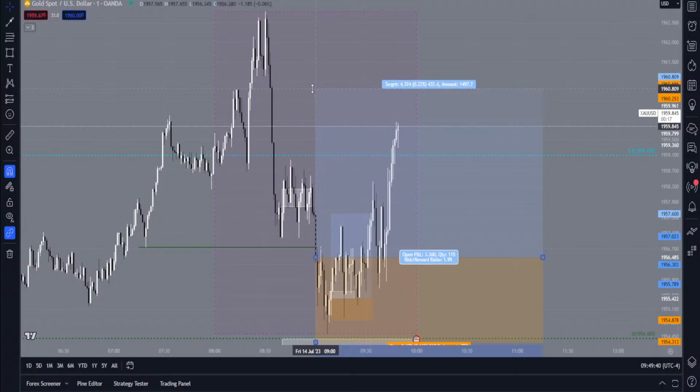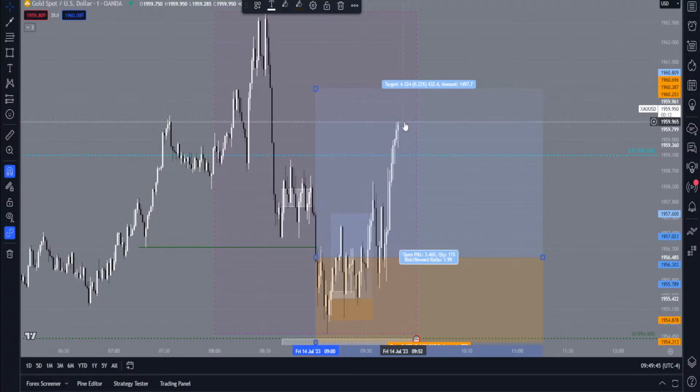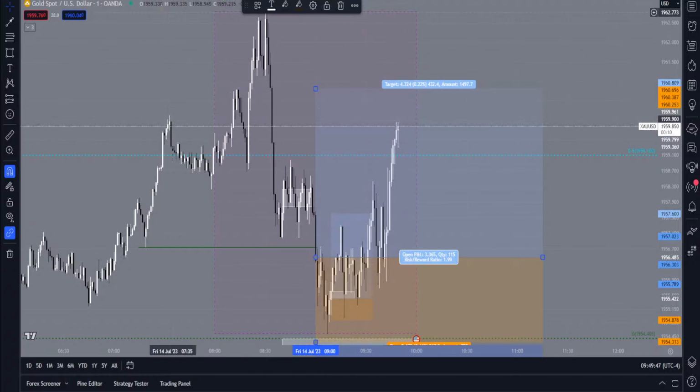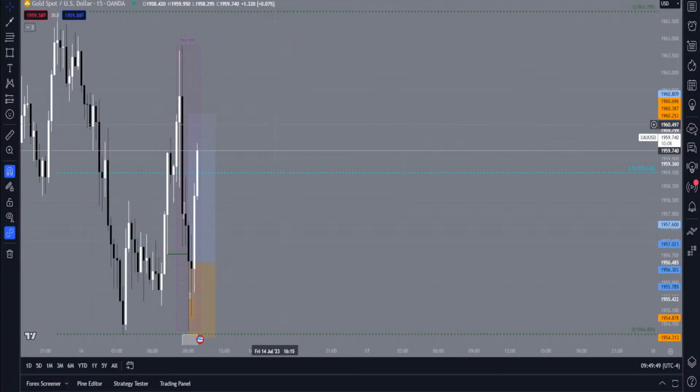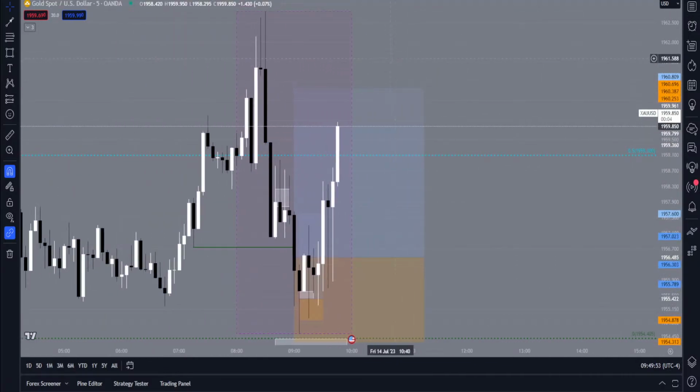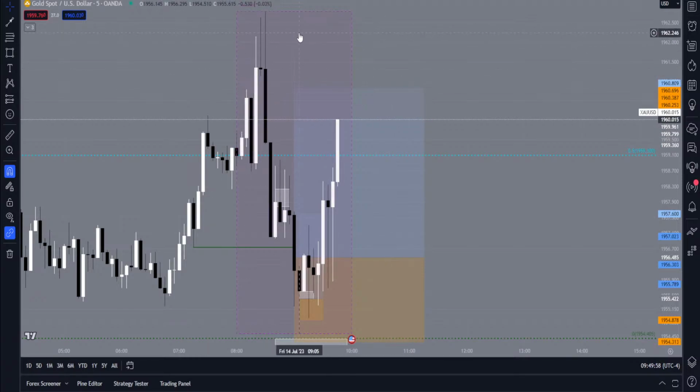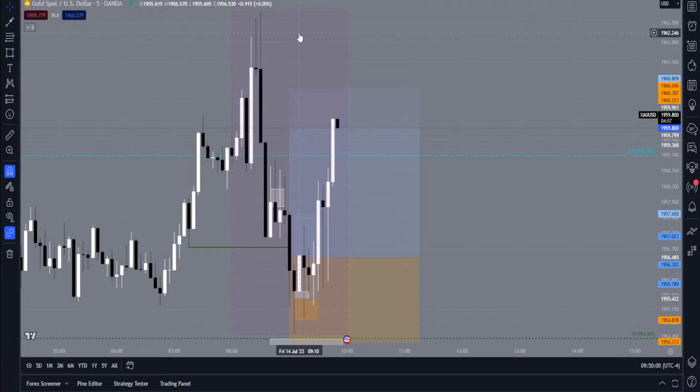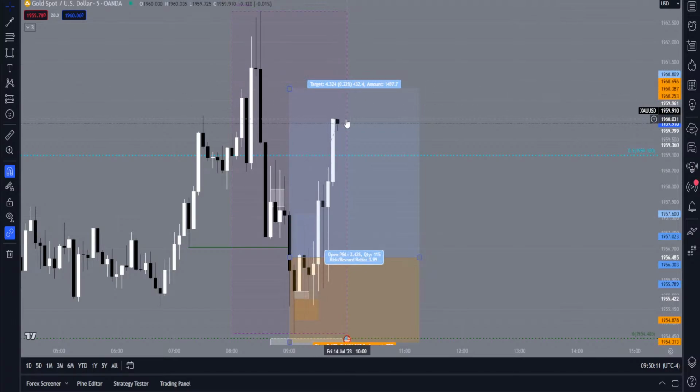2R is getting close. Maybe if we get one more heavy push up, I'm gonna exit here. So let's see what the 15-minute is doing. If we could get a heavy push on a 15-minute or a 5-minute, okay, this is good. Let's see what this candle does.